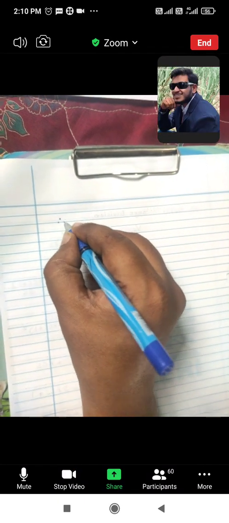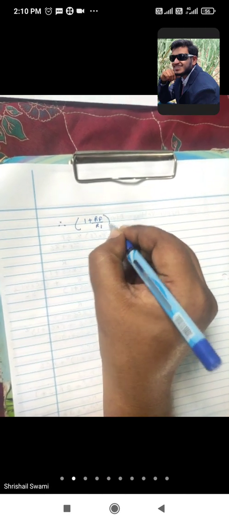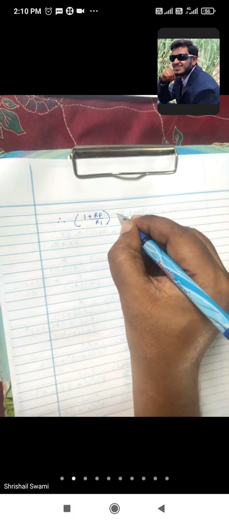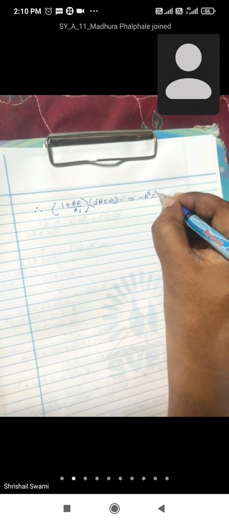Okay, so here we are trying to separate out the real part, 1 plus Rf by R1 as it is. Next, the numerator JRC omega we can multiply here. Next, here what will happen, 1 into whatever the denominator part is there, that we can multiply it into right hand side, that becomes minus R square C square omega square plus 3J आर सी ओमेगा प्लस 1. म्हणजे जे काही डिनॉमिनेटर पार्ट होता ना तो इकडे आपण 1शी मल्टिप्लाय केलं आहे राईट हँड साईडला.